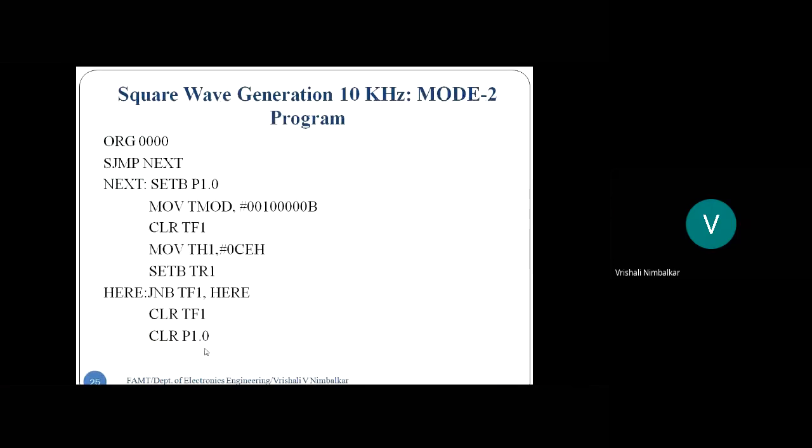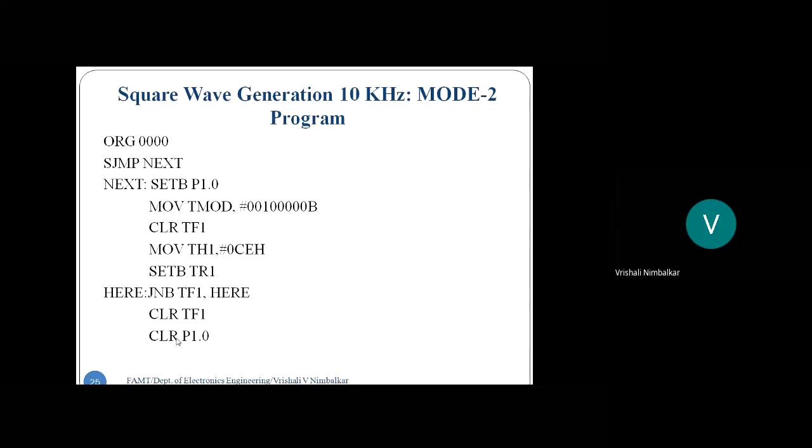Is that okay? And then next, I need to repeat. I need to be in a loop. Now from where to go up? See here, I need not initialize the TMOD again and again. Clear TF1. See that third instruction, that is just for a precaution. The next instruction, MOV TH1. We are in mode 2, so we need not load the count again and again. And I didn't stop the timer. Correct? I didn't stop the timer, so I need not do SETB again and again.